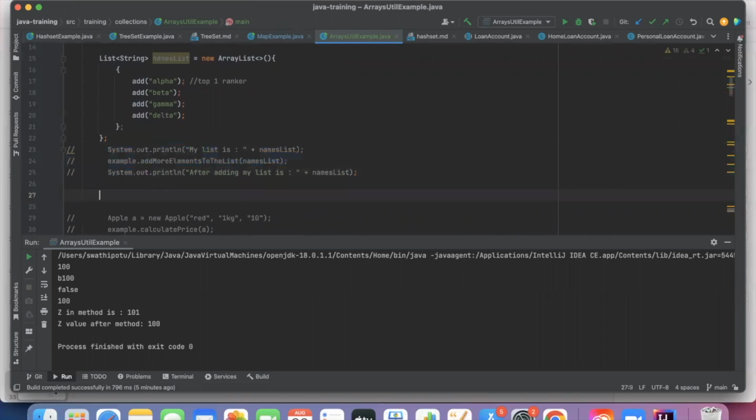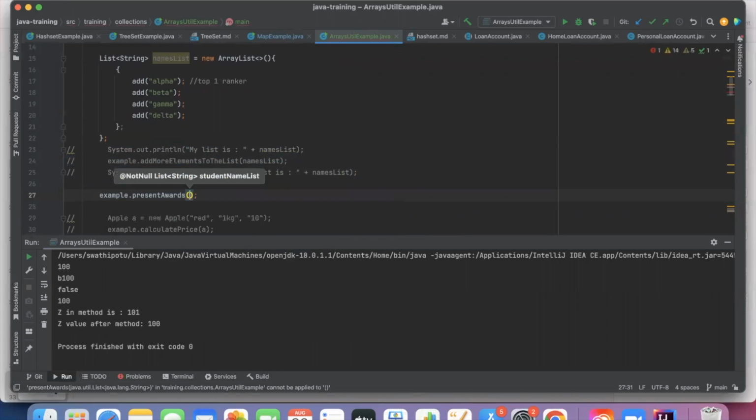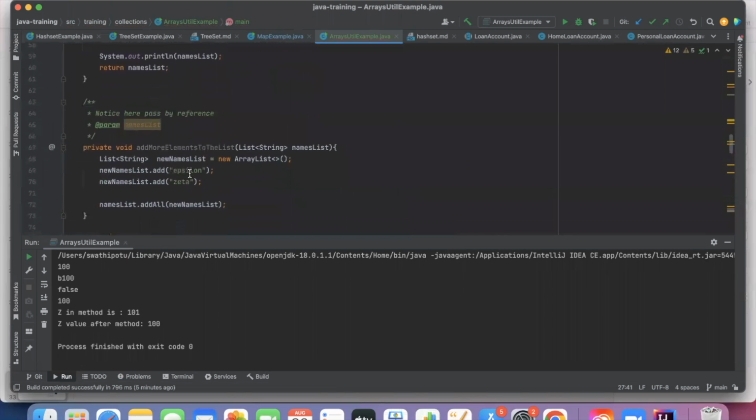Okay, now this is my student list. Now what I'm doing, example dot present awards. So Smriti created, figured it out. Actually, there are 4 brilliant students. I want to give them an award. What here actually somebody did,